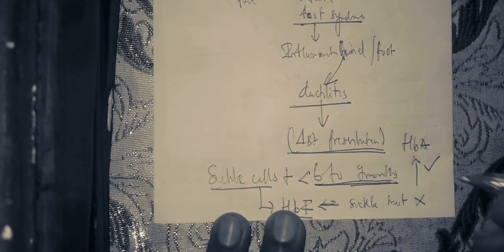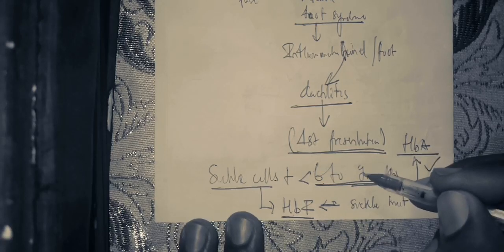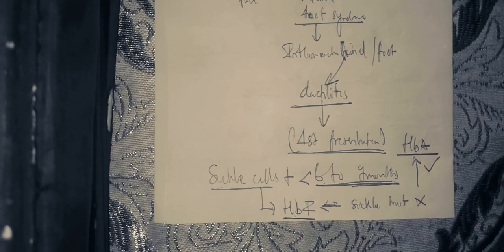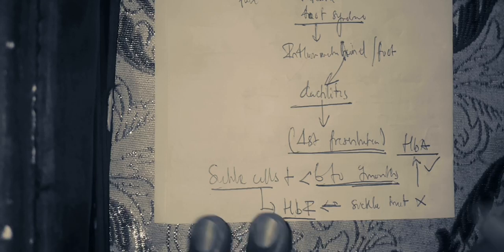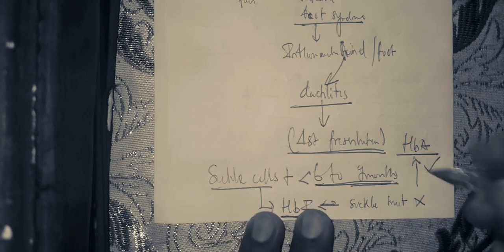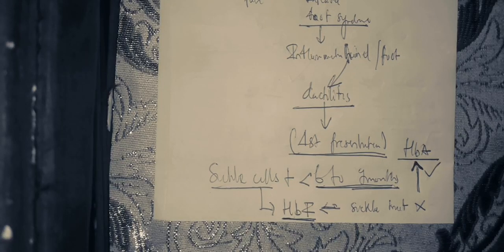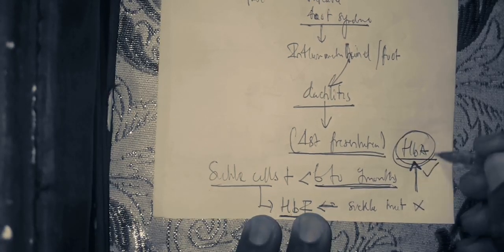Since children less than 6 to 9 months still have fetal hemoglobin, their cells are not going to become sickle shaped because their hemoglobin is still normal. It is when the child grows older, and there is a conversion of the fetal hemoglobin in utero to the adult hemoglobin out of utero, with a higher percentage of adult hemoglobin, that the child becomes at risk of having